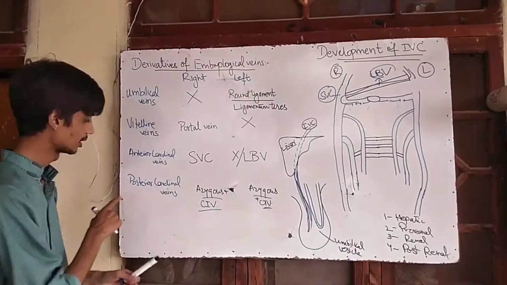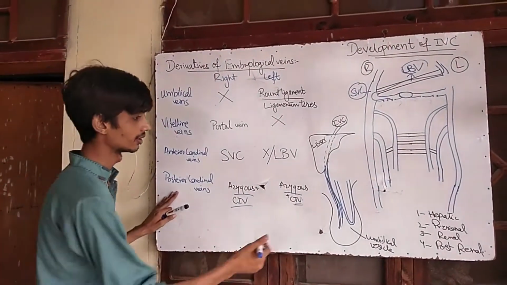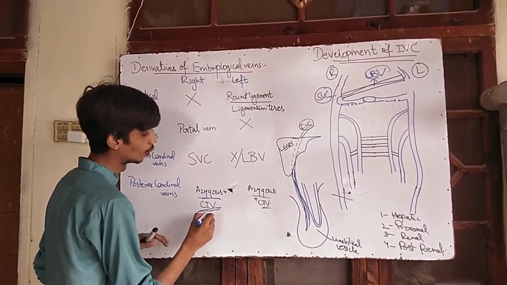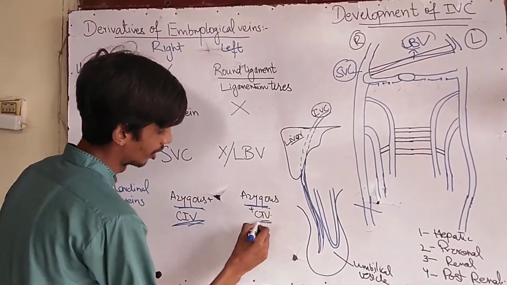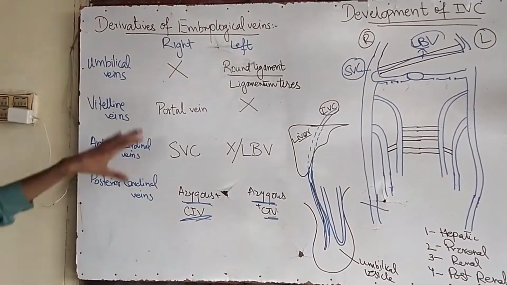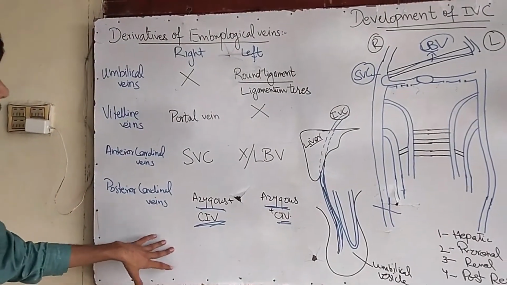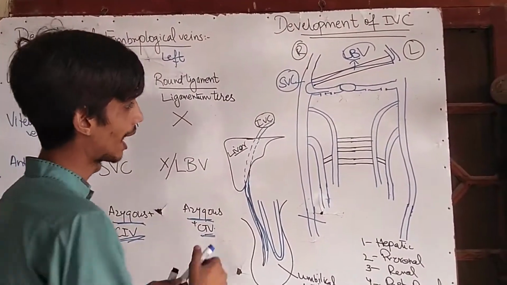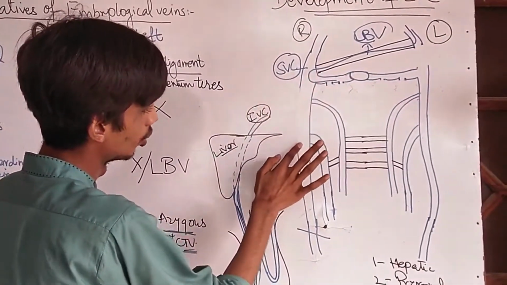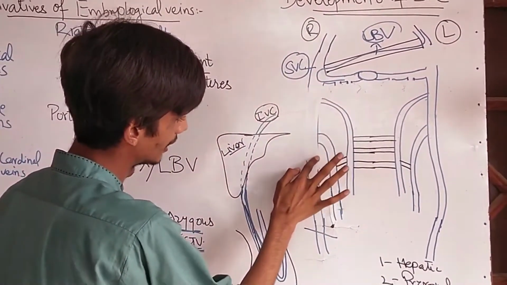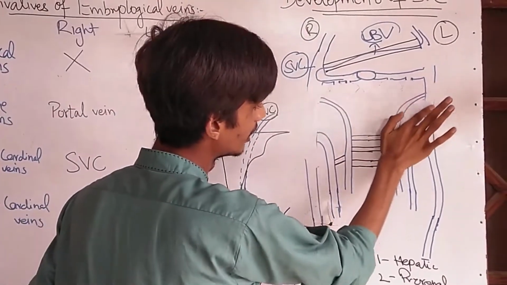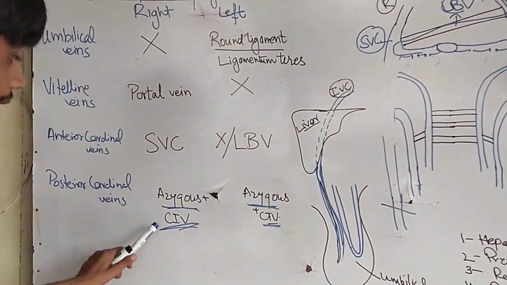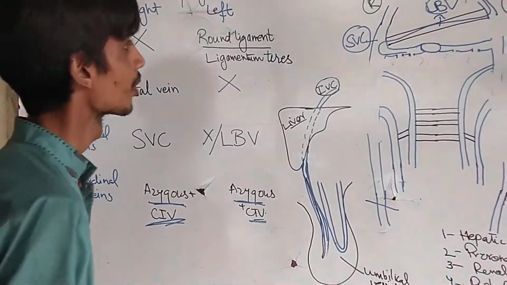And the only thing left about the posterior cardinal vein in its distal part is the azygos vein and the common iliac veins. Now these are all about the MCQ type. One of the important SEQs is the development of the inferior vena cava. Now you know that this part on both sides almost regresses, and the distal part will form the azygos vein and the common iliac veins.